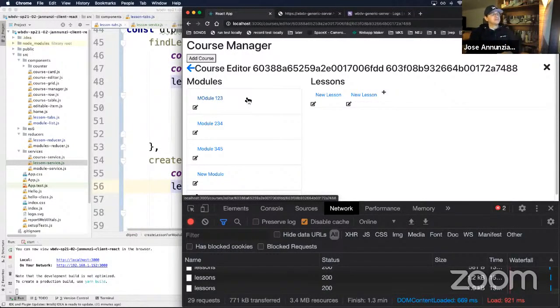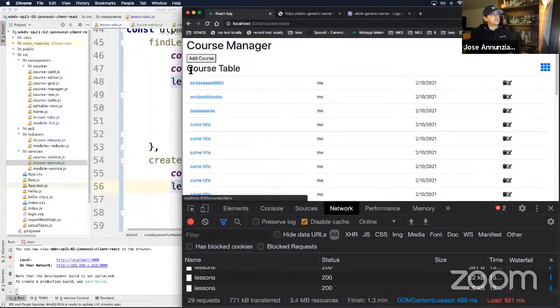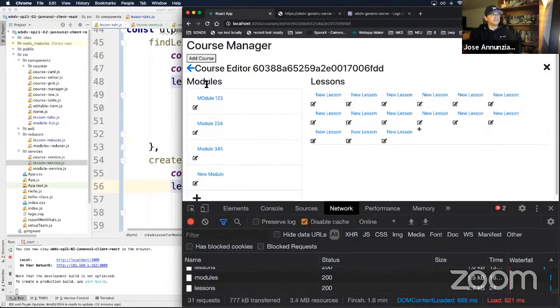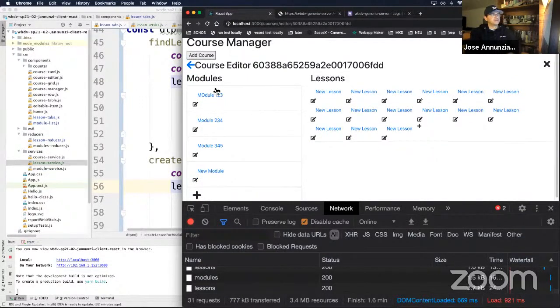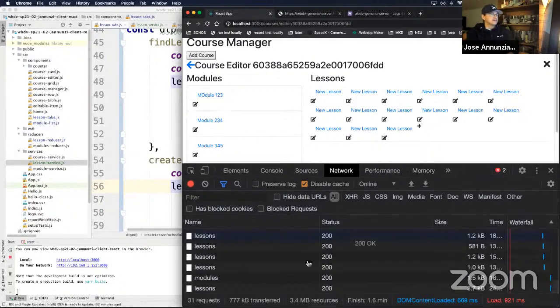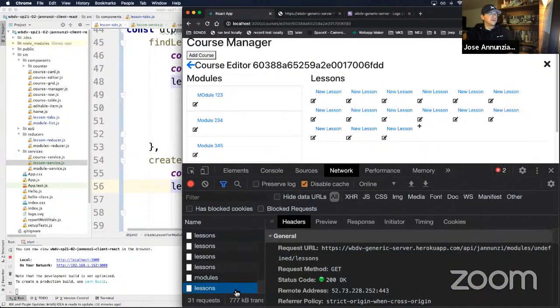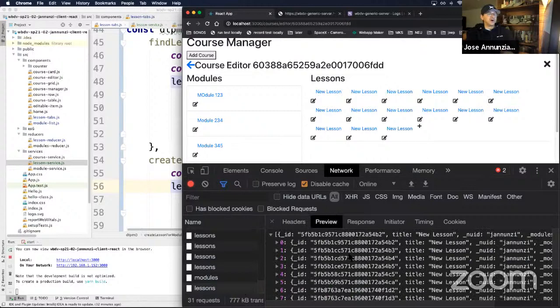Okay. So the way we're going to do that is, notice that at first when we navigate into here, it looks like it's trying to load all the lessons, right? All the lessons. So we need to fix that, right? And what's happening here is that it's going in there, right? And it's retrieving all the lessons,